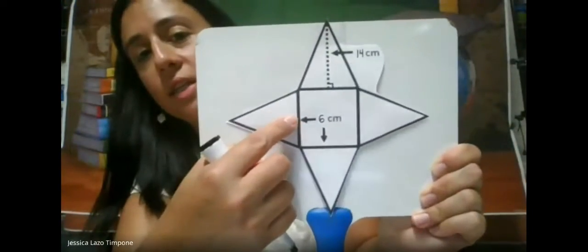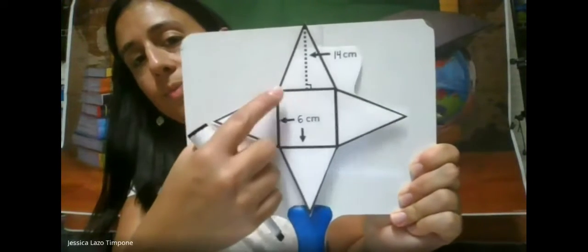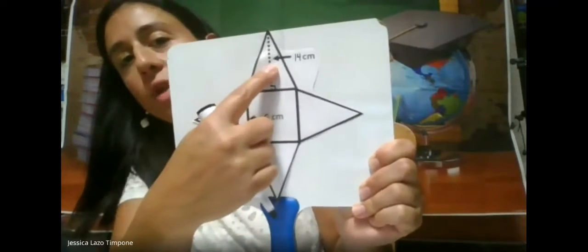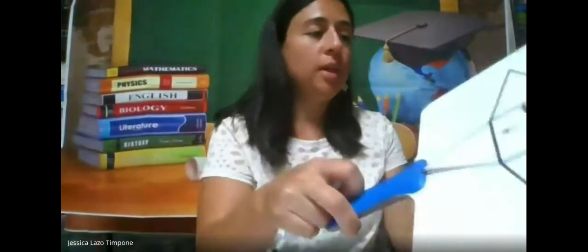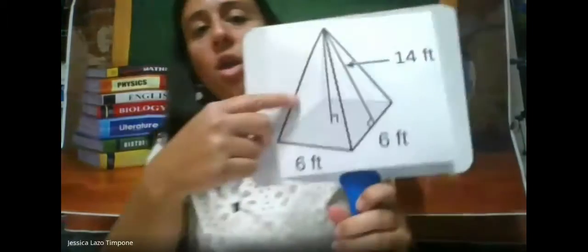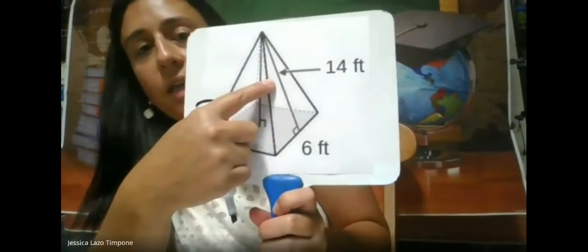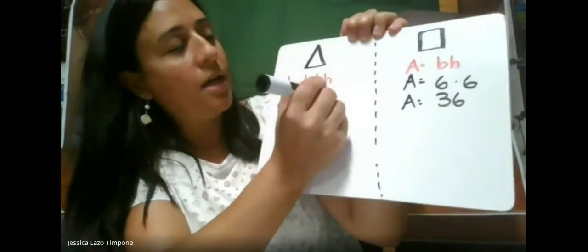So let's look at our net again. And our base of our triangle is 6 because it's sharing this line right here. So this is 6 also. And our height is 14. Now, if you don't draw the net, you're just going to be looking at your picture, which is the base of the triangle is 6 and the height is 14. So you're going to fill that in. So the base is 6 and the height is 14. So it's half